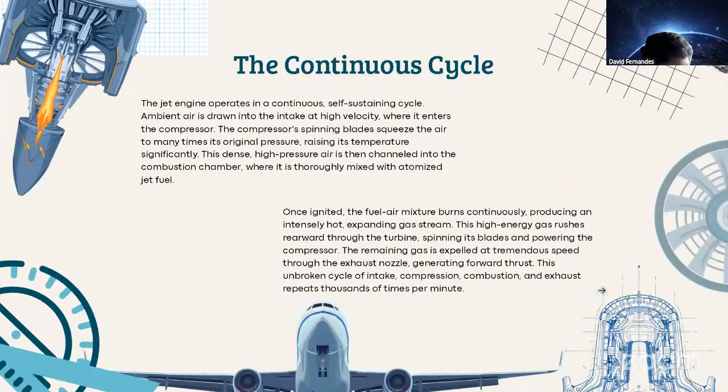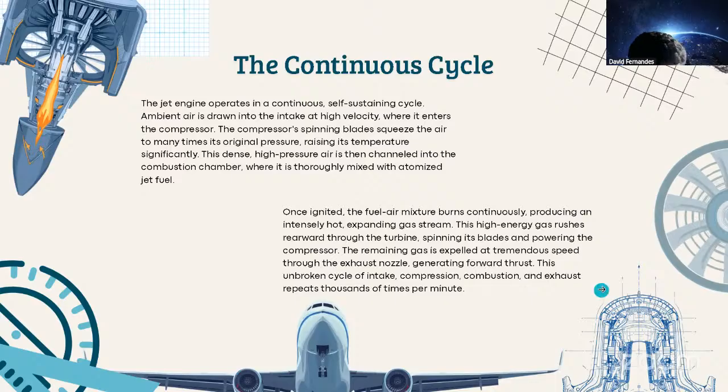The continuous cycle. The jet engine operates in a continuous self-sustaining cycle. Ambient air is drawn into the intake at high velocity where it enters the compressor. The compressor's spinning blades squeeze the air to many times its original pressure, raising its temperature significantly. The dense high pressure air is then channeled into the combustion chamber where it is thoroughly mixed and atomized with